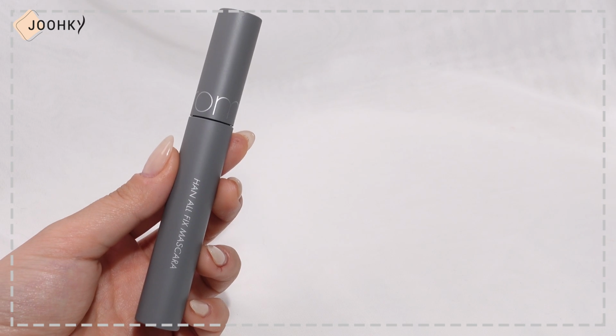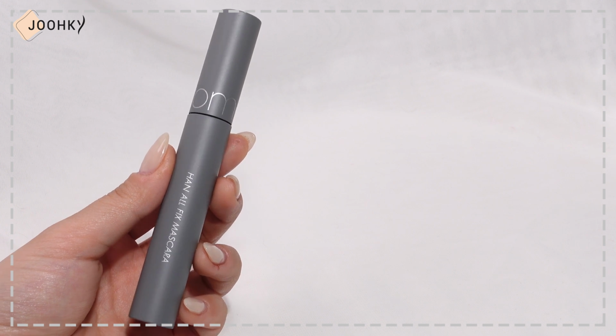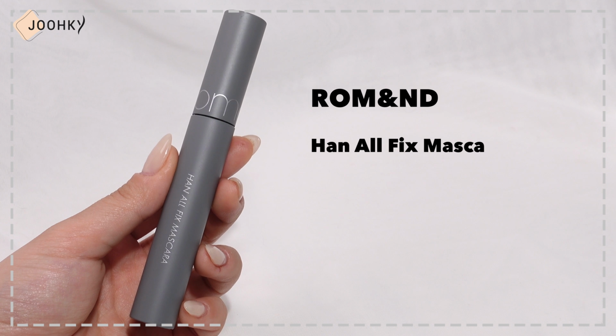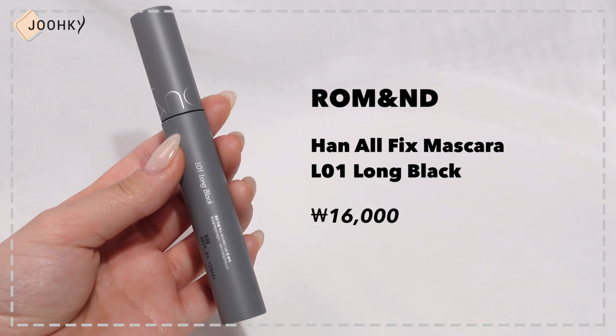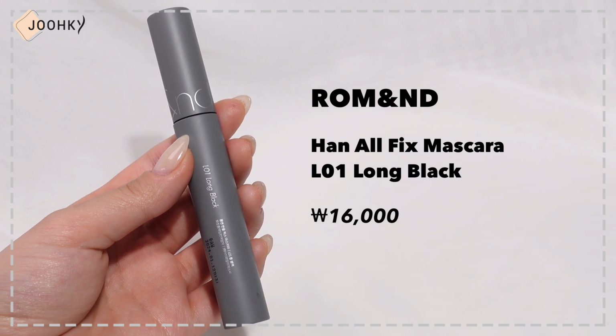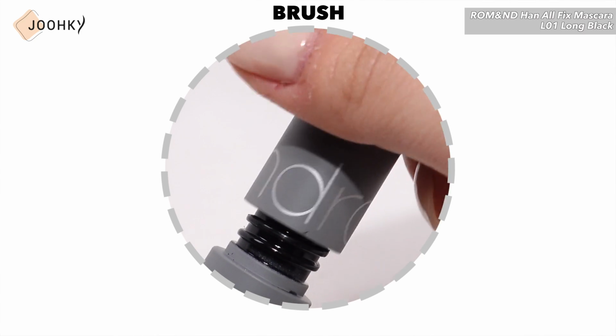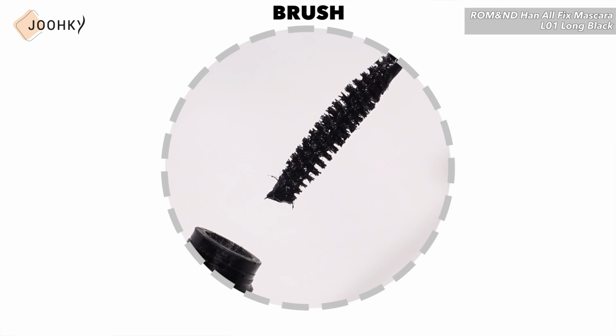My last pick is ROM&ND All Fix Mascara L01 Long Black. ROM&ND All Fix Mascara is a mascara that has just been recently released. I was really curious about this product, and I was lucky enough to be able to try it because Hailey Sam had it. I'd expected it to have a very thin brush, but it was actually a bit thicker than